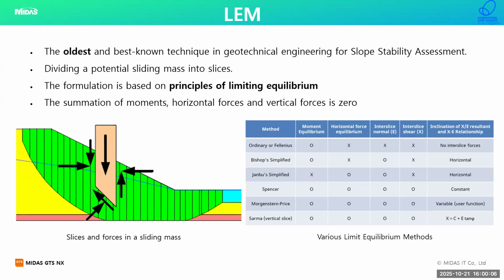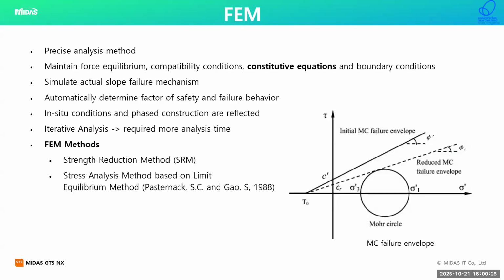And hence we have various methods: Bishop method, Fellenius, Janbu, Morgenstern-Price, Sarma, and so on. So this is very general about the limit equilibrium approach, and hence it has its own pros and cons. It's very simple to use, and yeah, it has its fallbacks. And when it comes to FEM, all the things that we are dealing with in LEM, wherein